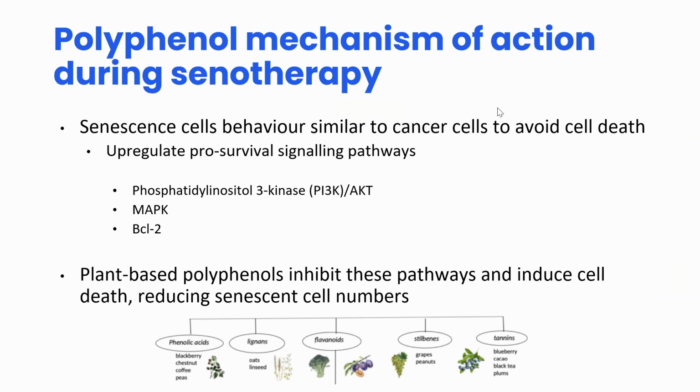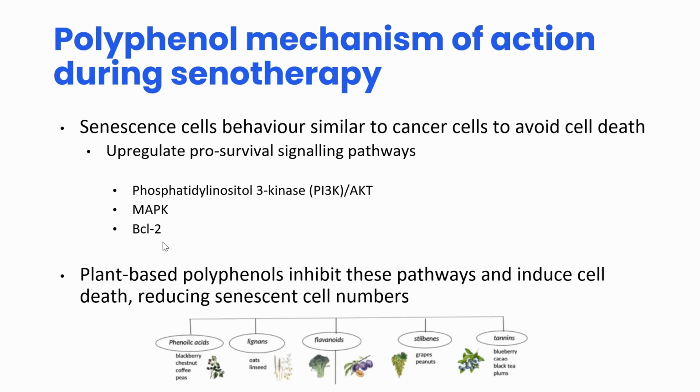And we have to think about how senescent cells behave. Well, senescent cells behave in a very similar way to cancer cells, because both senescent cells and cancer cells do one thing in common: they avoid dying. They avoid cell death. And the only way that they can do that is if the cell upregulates these pro-survival pathways. And these are three major pathways that I've summarized: the PAKT pathway, the MAP kinase pathway, and the BCL2